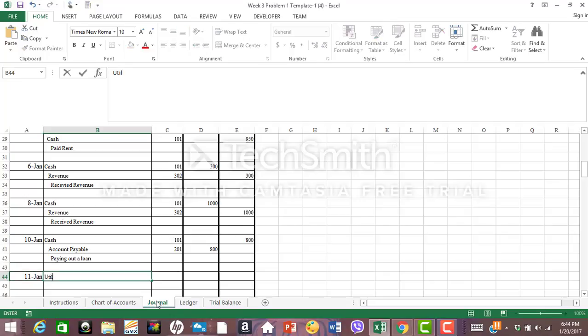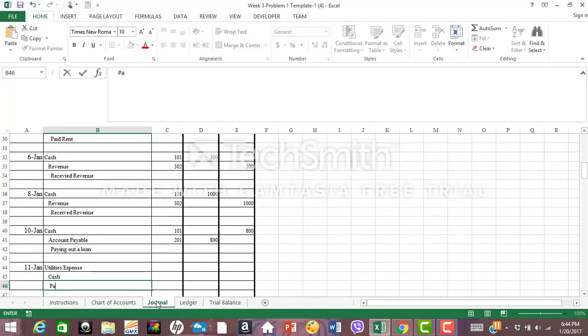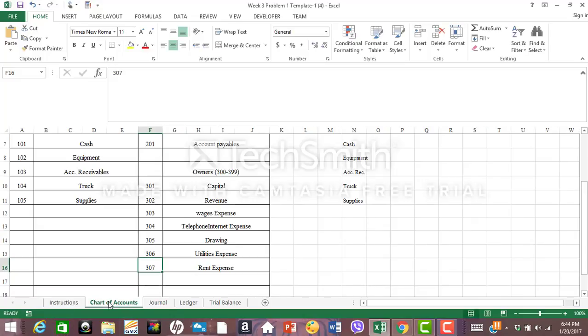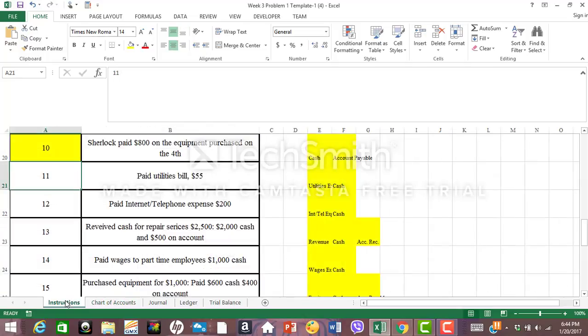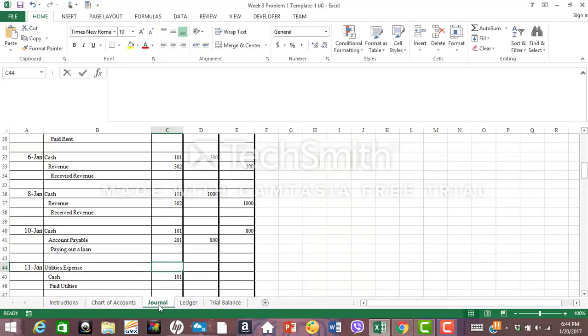January 11, utilities expense and cash and paid utilities, and cash is 101, utilities expense is 306, and it is for $55. Excellent. And then we go to the ledger,